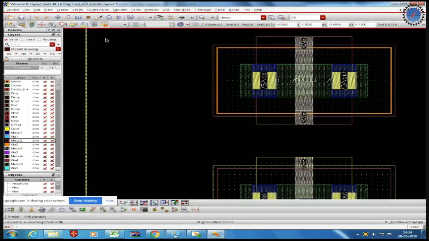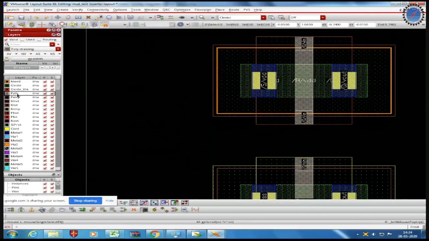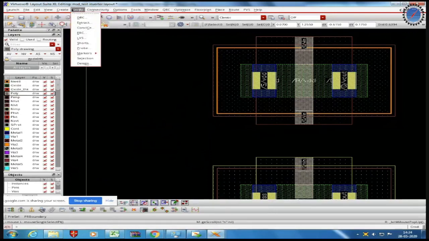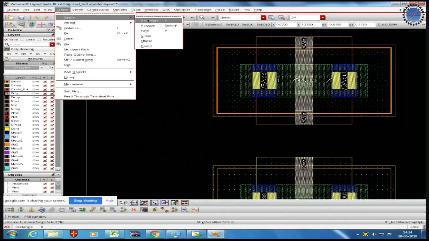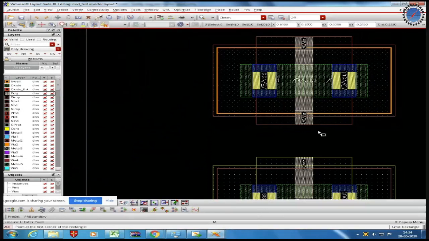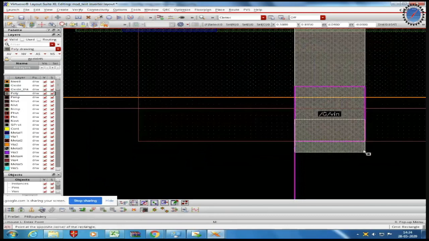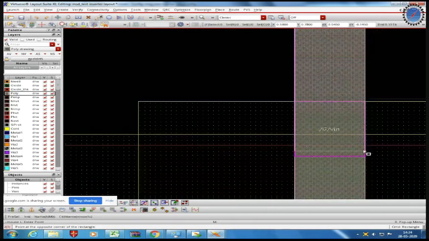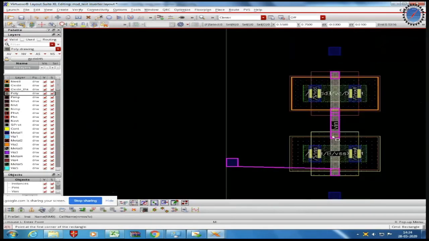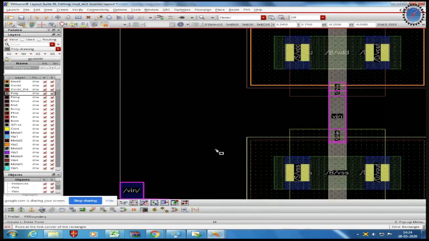So to make the connection, click on poly in the layer window. Go to Create Shape Rectangle, or you can press R on the keyboard. Start from the PMOS gate and end it here. To end the connection, press Enter and Escape.